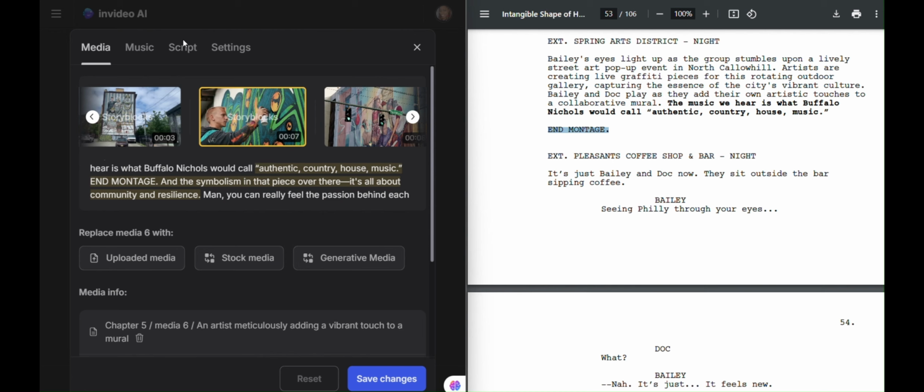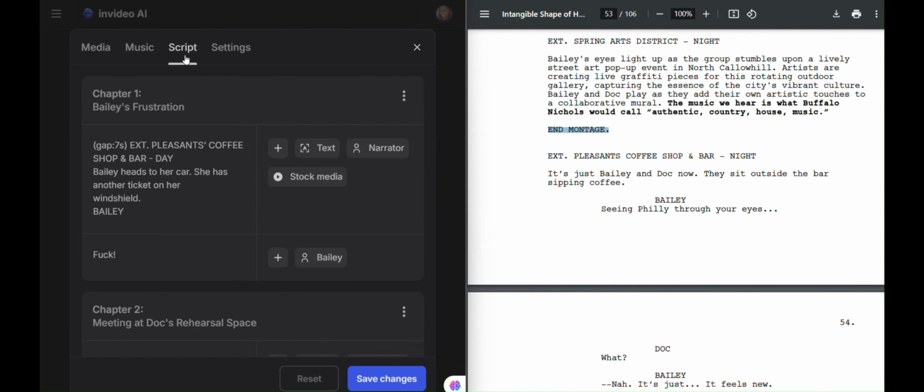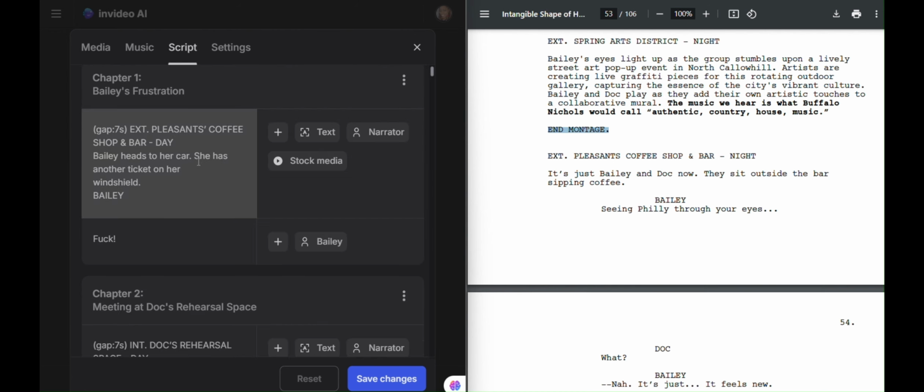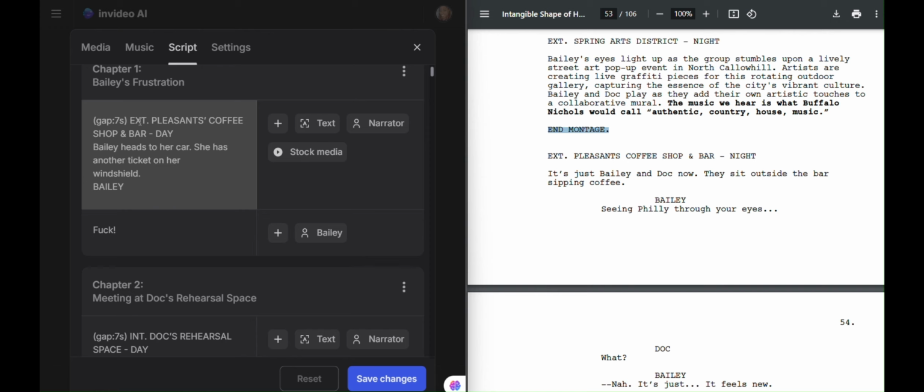Alrighty. Ooh. So I could go through each one of my scene headings and change EXT in my invideo.ai script to read exterior, like